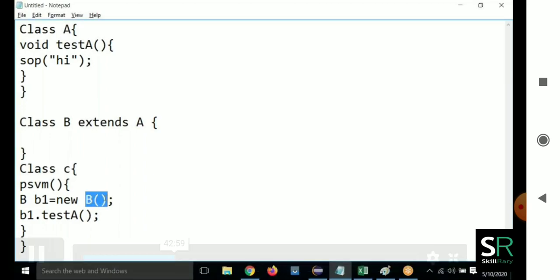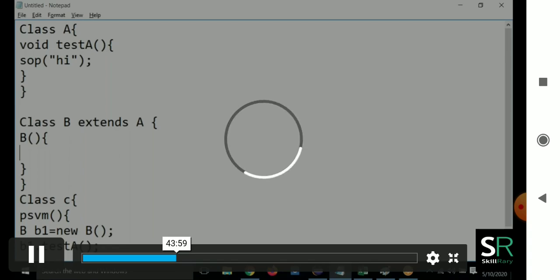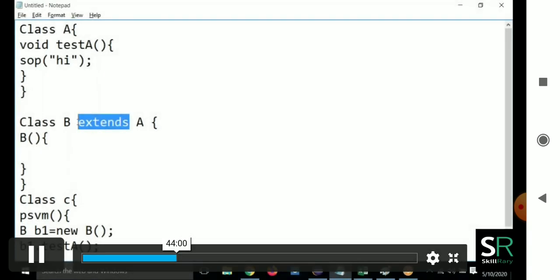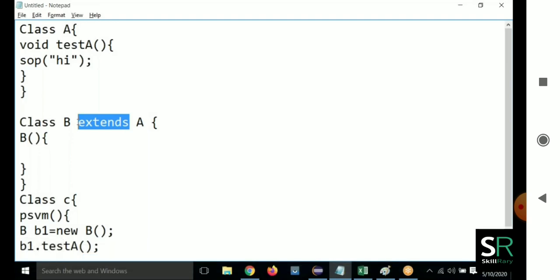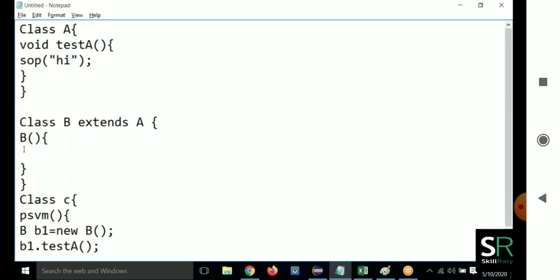But here we are calling one constructor. Create it or not, the compiler will create it. There is one keyword called extends. The magic of this keyword is that it will acquire the properties of the parent class in the subclass. As soon as you put extends, the compiler is going to put one statement, super().